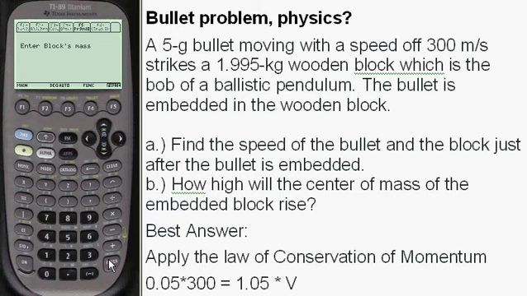And we're going to enter the block's mass, and that equals alpha 1.995 kilograms, number 2. And we're going to put in the velocity of the bullet, alpha 300 meters per second, number 4,